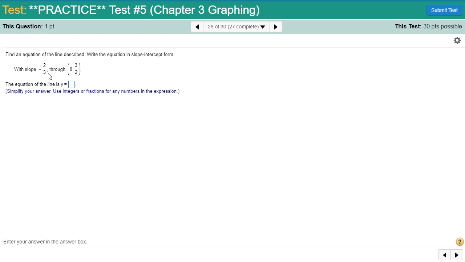The first characteristic of the equation of the line we're coming up with is that it has to have a slope of negative 2/3, and that line has to go through the point (0, 3/2). So using this information, the fact that we were given a slope and we were given a point,